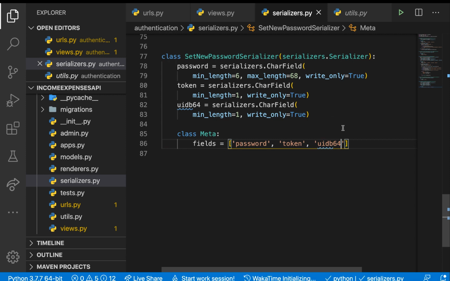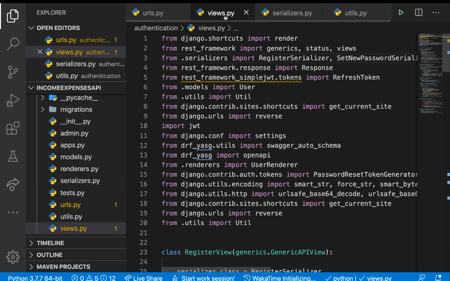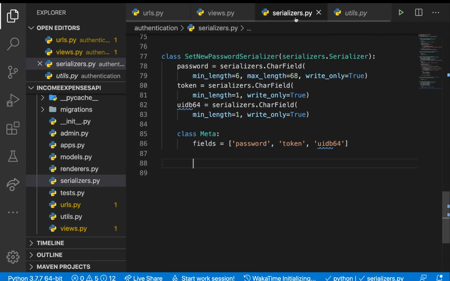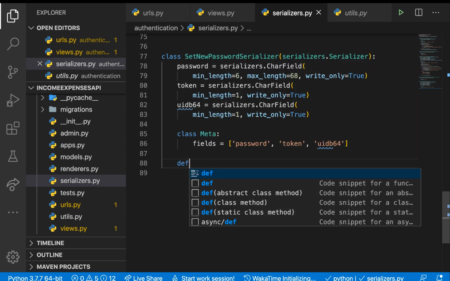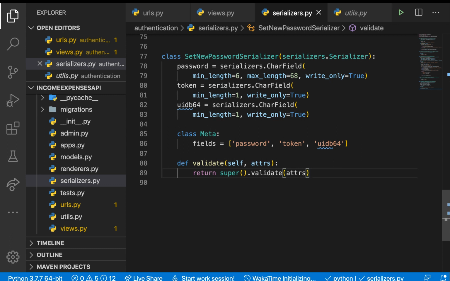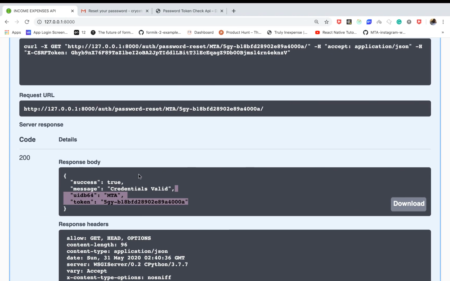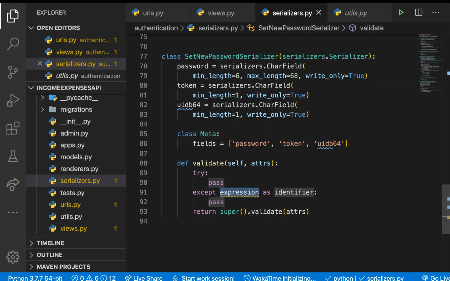All right, so once we have those, we need to work on the validate, because here on the view, when we call is_valid, it has to run the validate. So down here, we need to override the validate, and in here, now we can get the details that the user sends, and then we see if we can set the user's new password. So right here, I'm going to have a try/except, because we are going to be decoding this uidb64, and it normally throws an error when a user tampers with it. So we want to be catching,